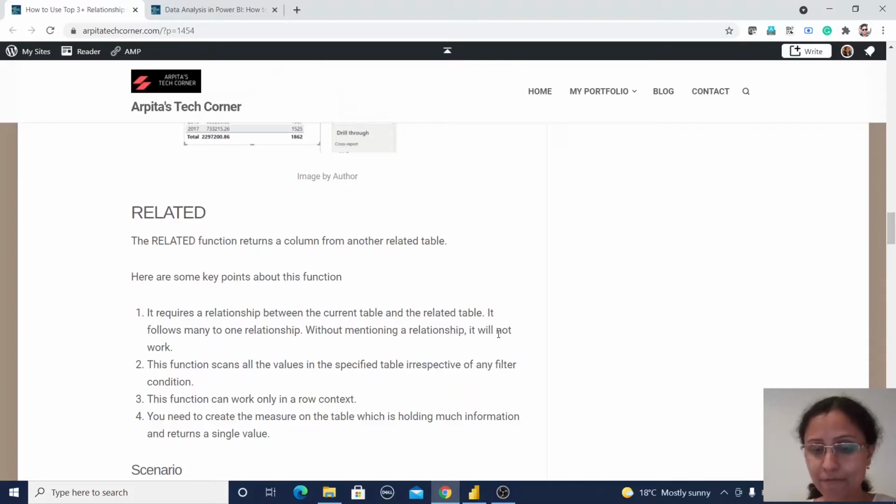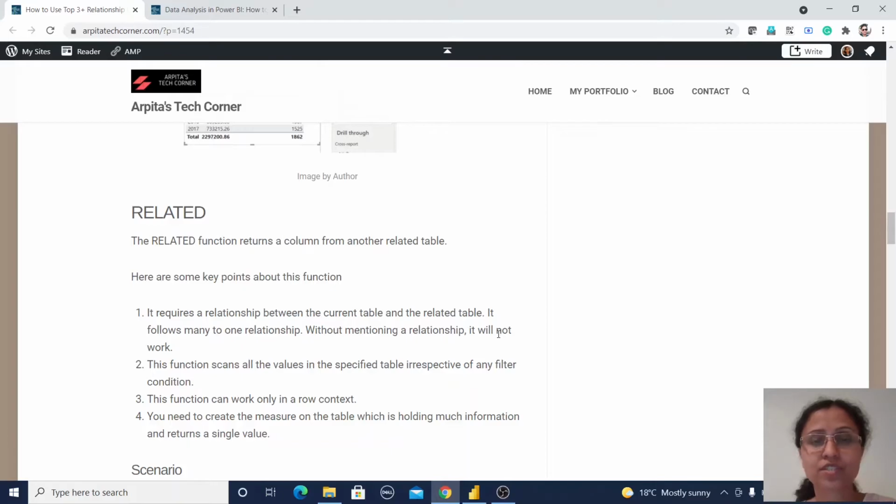That means if I am going to calculate one column from the current table and it's looking for another related table, there should be a relationship mentioned in our data model, and it follows the many-to-one relationship, that means fact to dimension. So without a relationship it will not work, that is clear.